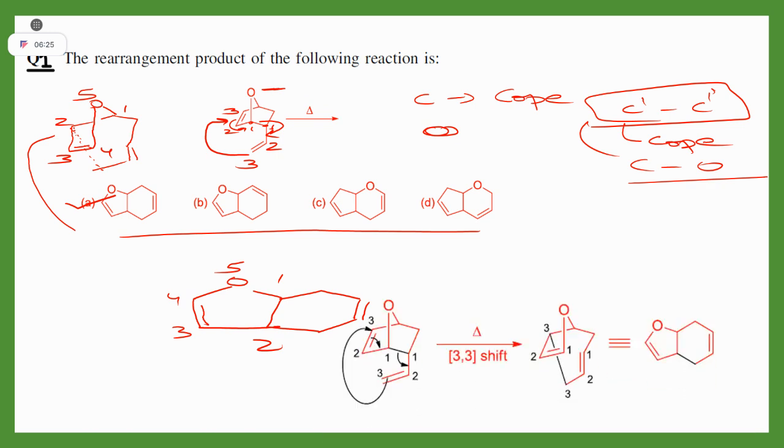I have kept its answer also. You can see. So what they have done is they have just numbered it, right? This bond is going there, so you can imagine this bond is directly connected to that. And after that, nothing but just they have numbered this. You can imagine this five membered ring, right? Envelope form. And at back side, these carbons are connected. Yes or no?